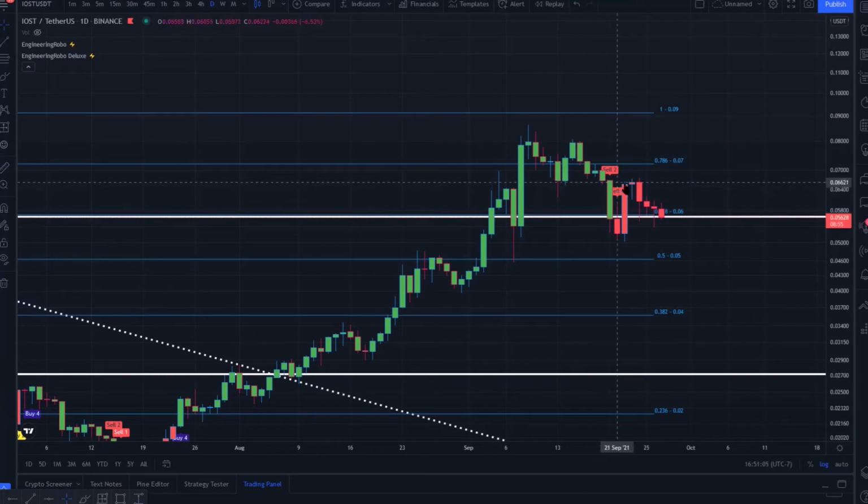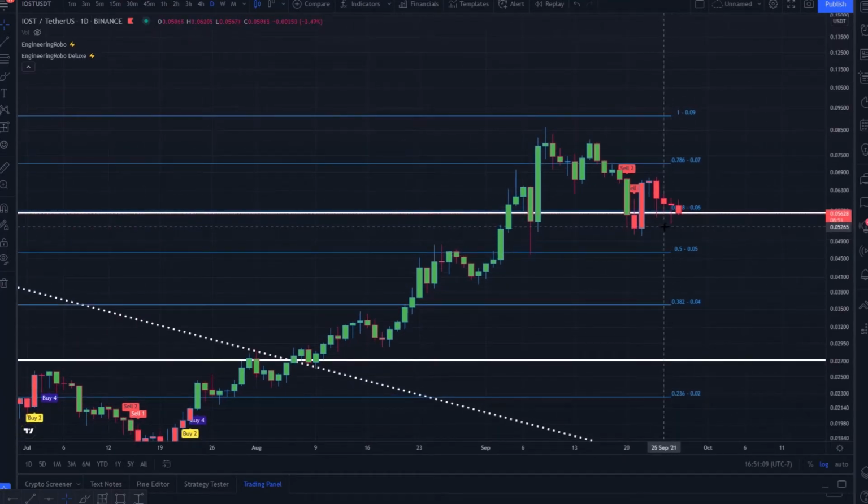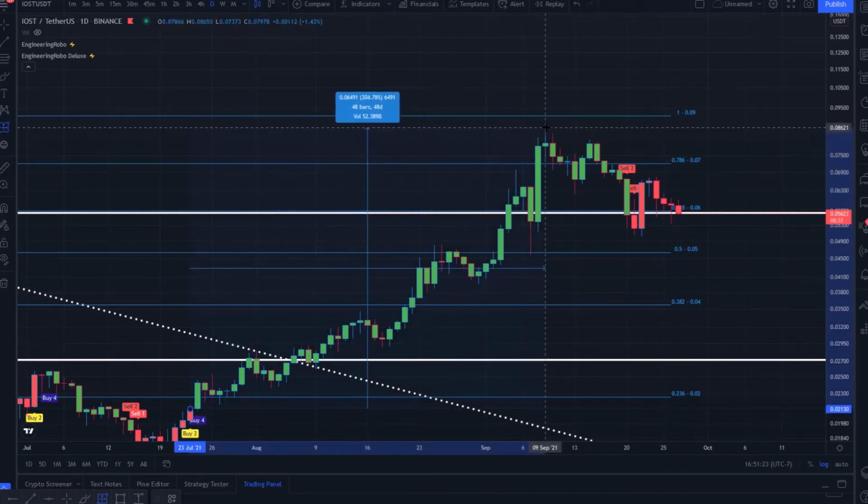However, at the moment, we do see some factors contributing to perhaps short-term bearish price action. Two of our chosen three robo advisors have become bearish on IOST moving forward, suggesting that a more comfortably bullish opportunity to accumulate this coin will present itself for us. We have already experienced up to 305% in upside after EngineeringRobo became bullish on price action, easily turning $10,000 into over $40,000 just by sitting around